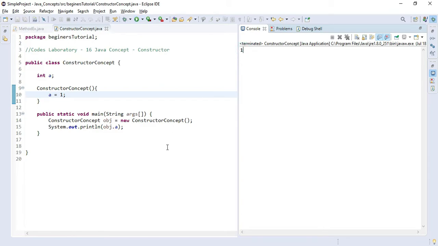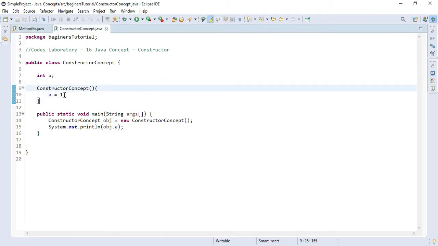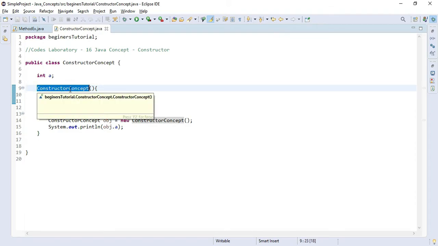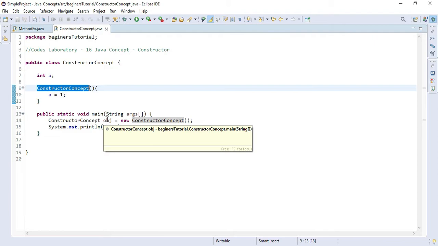So now you must have got the idea: earlier the instance variable was initialized by the default constructor provided by the Java compiler, but this time it is initialized by the default constructor created by us.